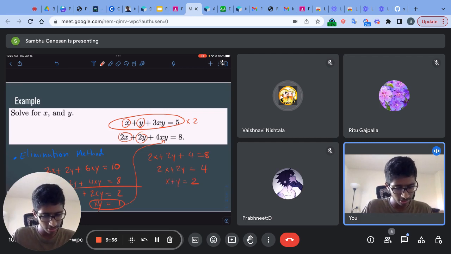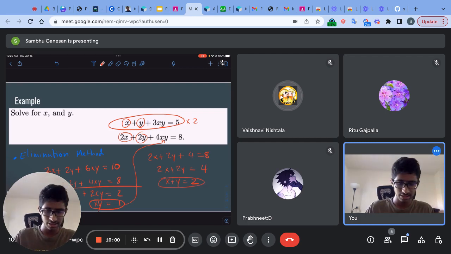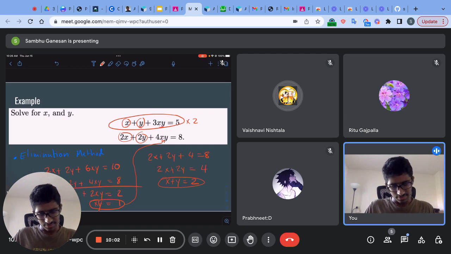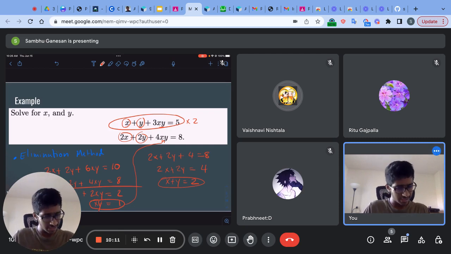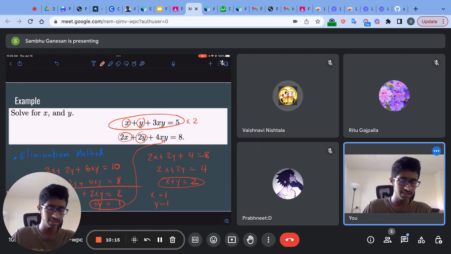Now, this is also a bit hard to work with algebraically, but if you realize something, this is really easy. If you realize that 2 is nothing but 1 plus 1, and 1 is nothing but 1 times 1, you get that x equal to 1 and y equal to 1 is a valid solution. Now, there may be other solutions that we might be missing, like fractions or something,